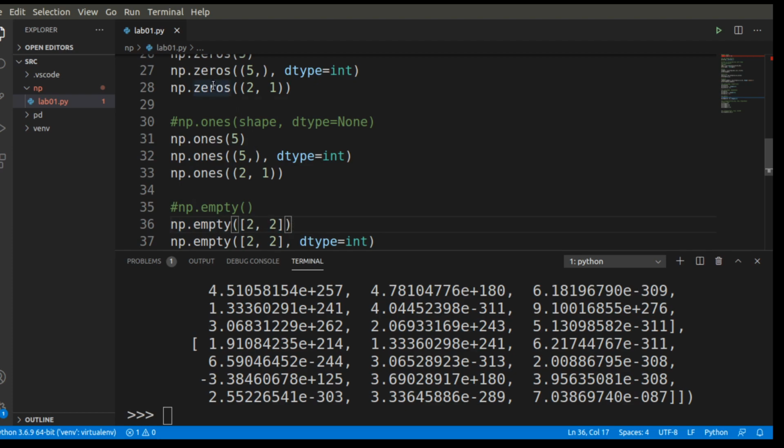But if you give np.zeros, that means intentionally you gave it. If you don't know what to use, you can use np.empty. Also it is a little bit faster than np.zeros and ones, because it doesn't assign values. That's it. Let me go back to the slides.